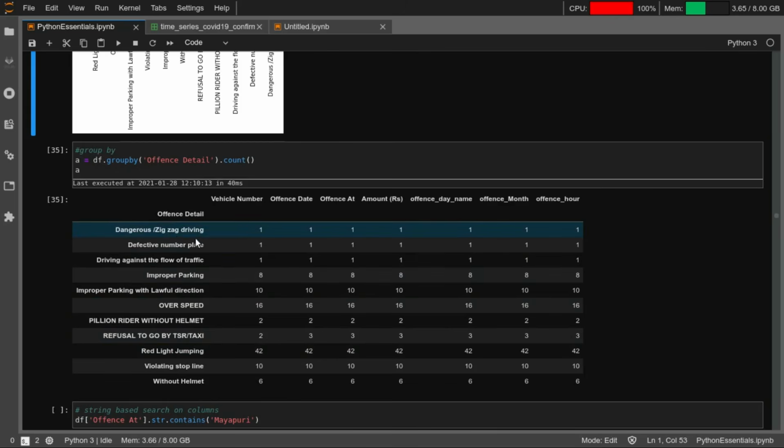For each offense detail, how many vehicle numbers were there, how many offense dates were there, how many different places were there, and all of that. Based on this single function, you can easily conclude that red light jumping had 42 unique vehicle numbers, and it was committed at 42 unique places and stuff like that, right?